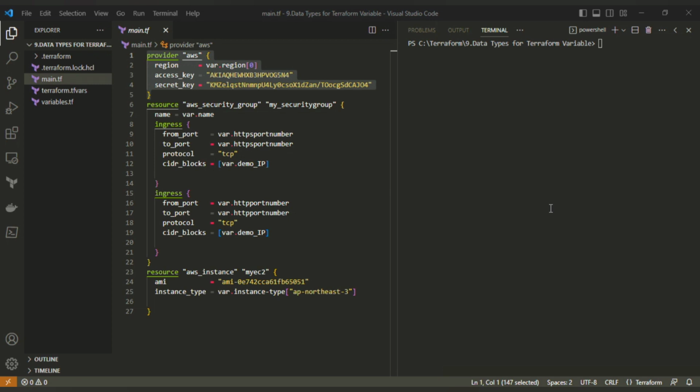Okay, so this is my main Terraform configuration file. Here I'm using two resource blocks, one for a security group and another resource block for an EC2 instance. And you can see for most of the arguments, I have created a variable. So for example, if I look at the provider block, for the region, I have created a variable